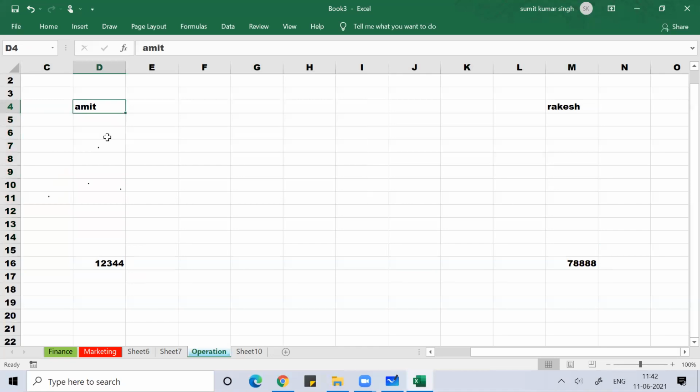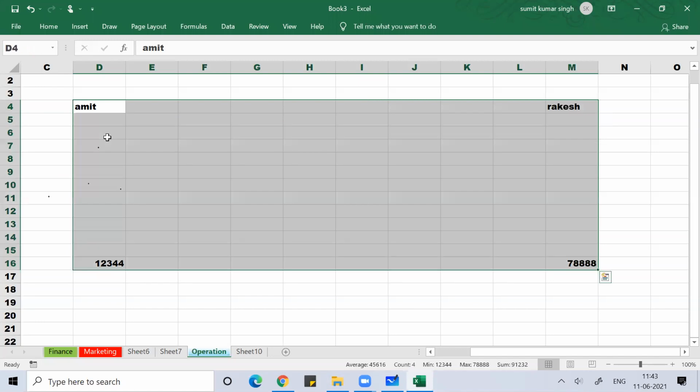Okay, so if I use control shift together, press control shift. Take your left hand, use one finger, press the control key, with another finger press the shift key. Control shift together, right arrow, down arrow. You can see I selected everything. This was a very important thing.